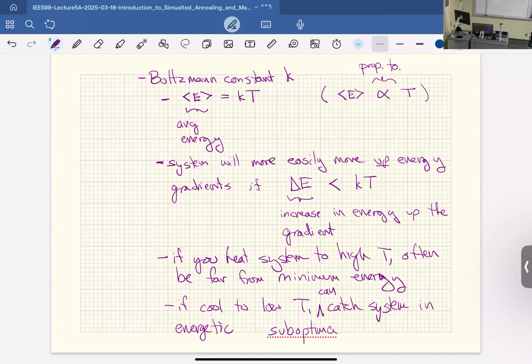So the idea here, and this is the key point in simulated annealing, is that if you heat a system to very high temperature, then you allow its microstates access to a bunch of different configurations that they just simply couldn't get to before. And then if you rapidly cool them down, if those new microstates happen to be in another energetic well, another potential well, then it's possible you can trap them in a local optima away from the place that they were before. Or you might be able to move them farther down their hill.